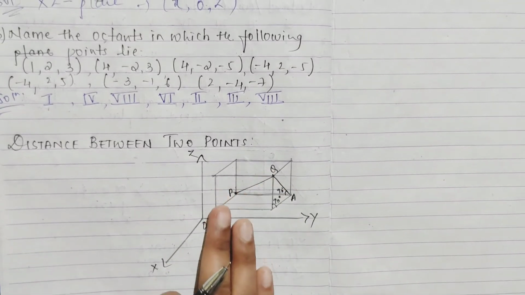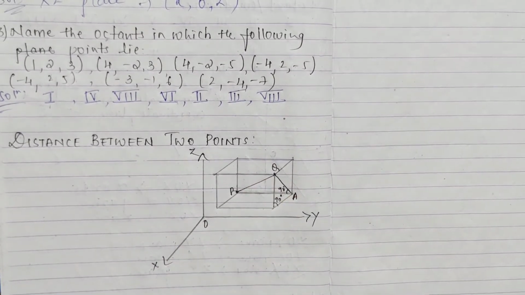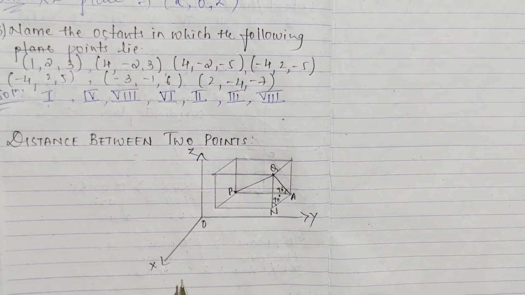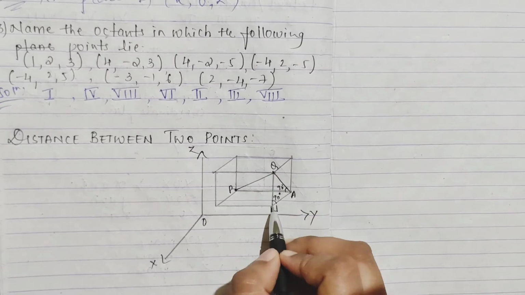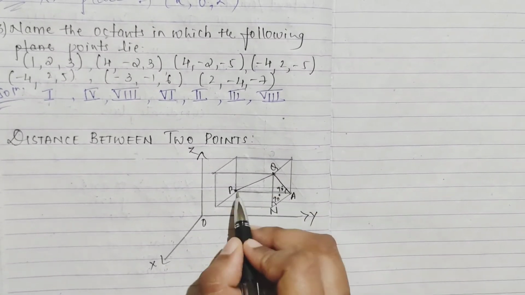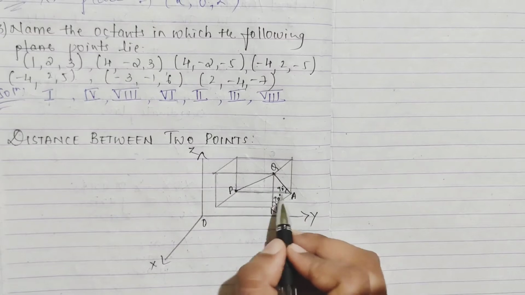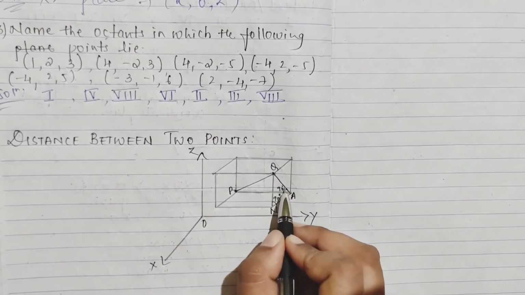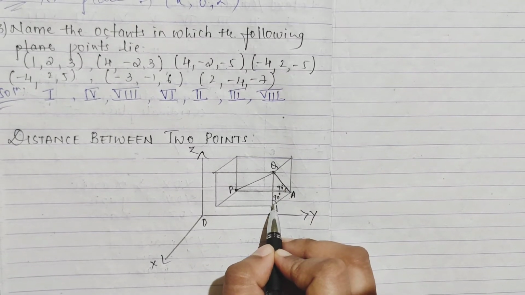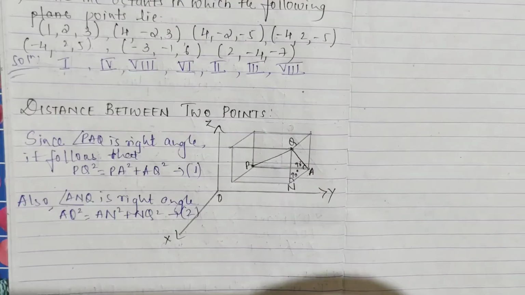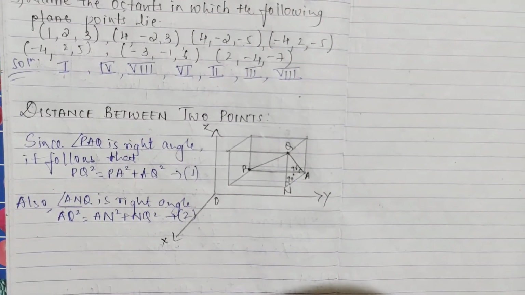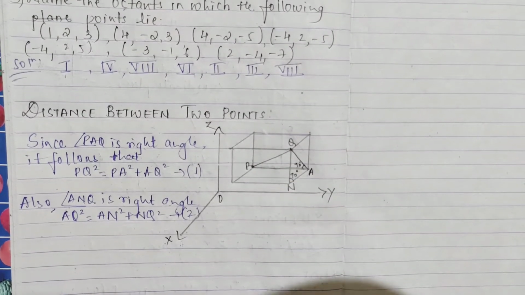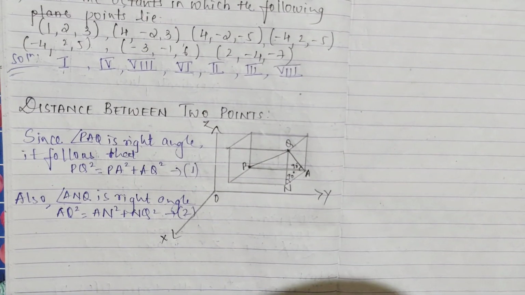So considering the Pythagoras theorem, we will try to find out. Here this point also we will take as N, with A and Q. This also becomes a right angle, and this triangle you have considered is 90 degrees. The corresponding angle of this is what? If this is 90, obviously this also becomes 90, right? I have written the same; again I will tell you what you have to write, the points and everything. I will show you from the textbook, you have to write it that way. I will just explain it to you.